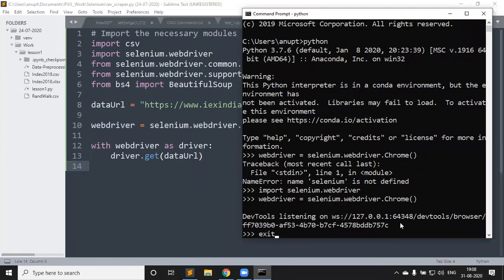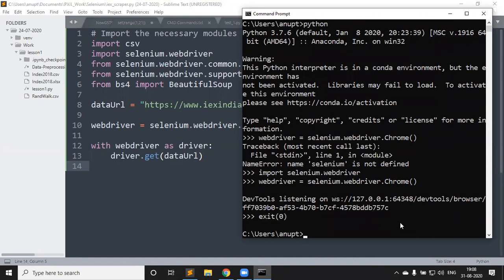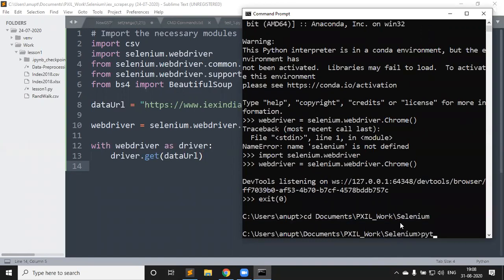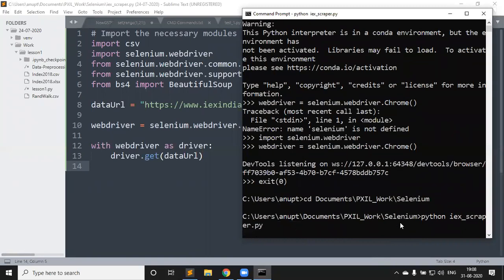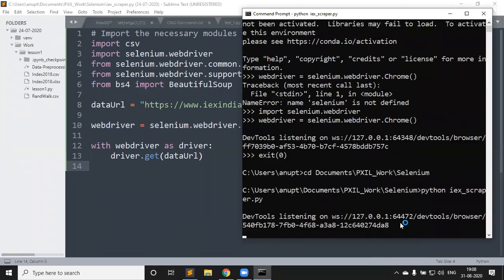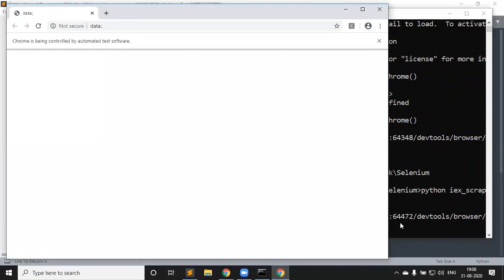So exit, and then cd documents slash word slash, what was it, Selenium, right? And then I would say python ix. Right? So now what happens is that these lines of statements get executed, and what we can see is that